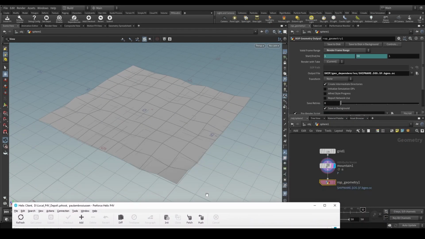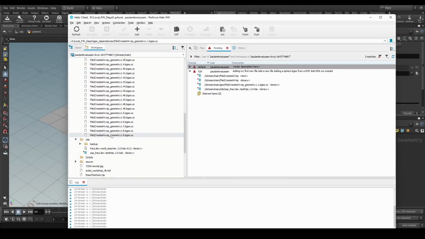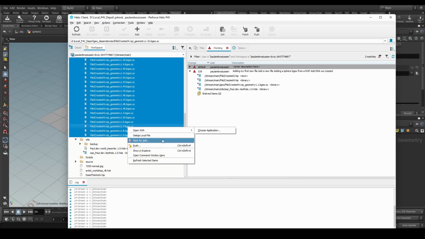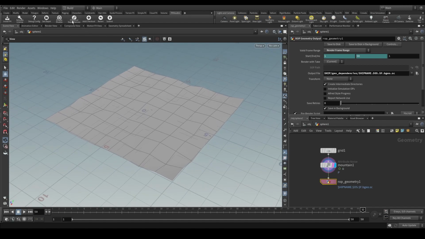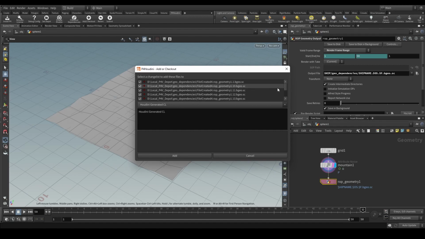So what you could do is go here in Perforce and mark all these files for add. But that could be quite a hassle if you have a large complex network where you have tons of nodes writing to disk, loading from disk, doing lots of other stuff. And so that's what this checkout dependencies shelf button comes in for. So what you do is you just simply hit the button here, and it's going to scan your HIP file for files that are being written to disk that either need to be checked out or that need to be